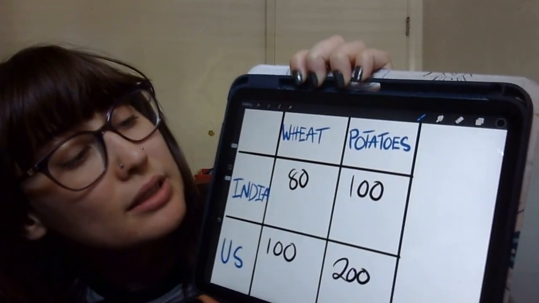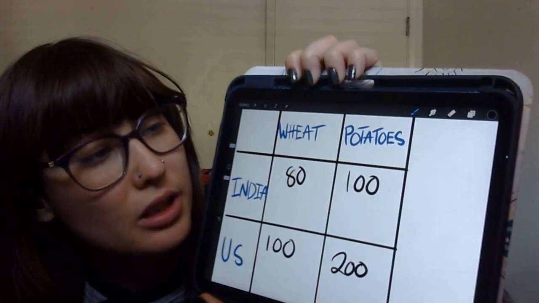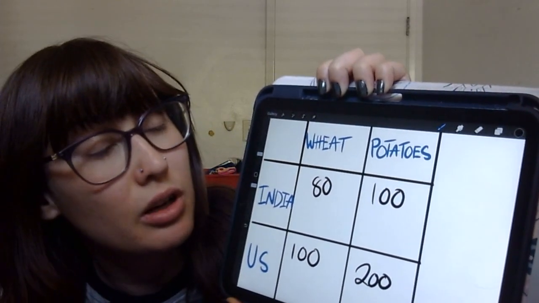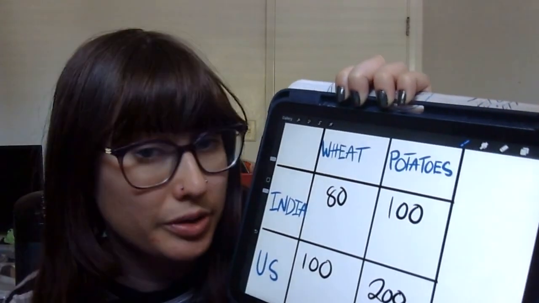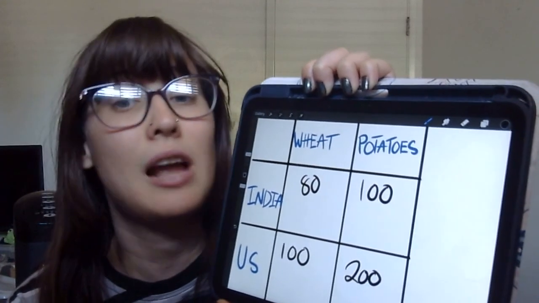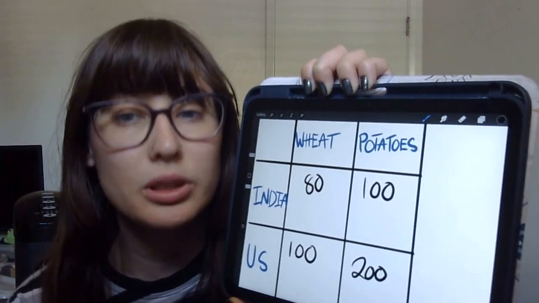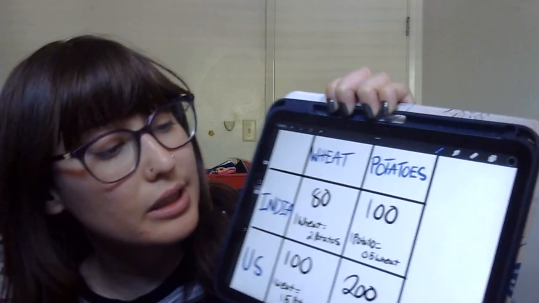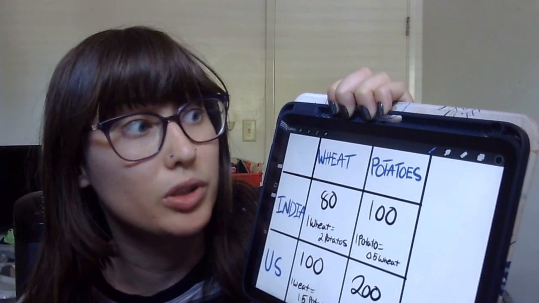So let's say India produces 80 wheat and they also produce 100 potatoes. However, the US produces 100 wheat and 200 potatoes. As you can see, the US actually has an absolute advantage, but it does not fully have a comparative advantage over India. So if we look at the numbers, you can see India actually has a comparative advantage in potatoes,